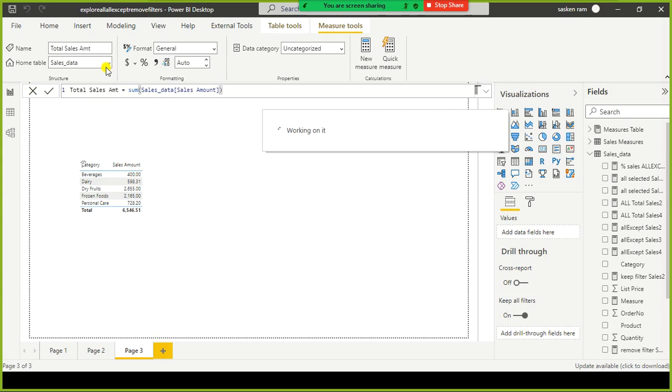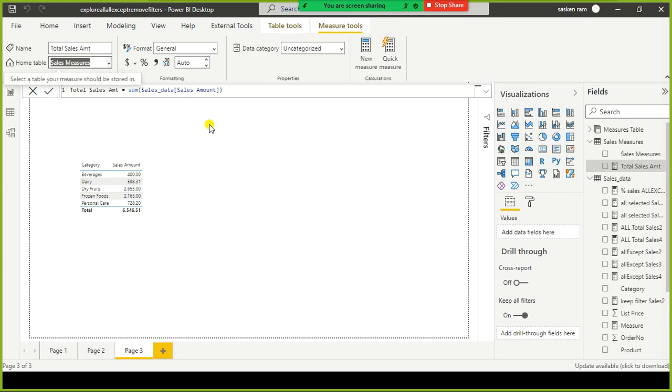This is the one I am going to assign to the new table. Instead of sales data, I am going to assign it to the sales measures table, so that at a later point in time, if you want to refer to which measures and how many measures we created, you can go here and look here. So now you can see it here.